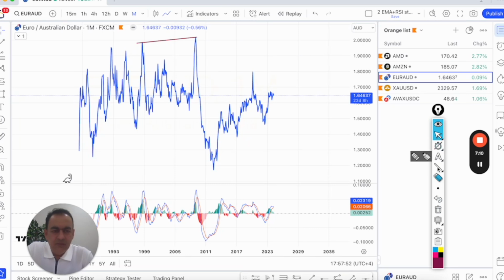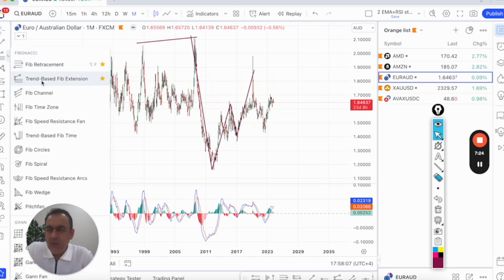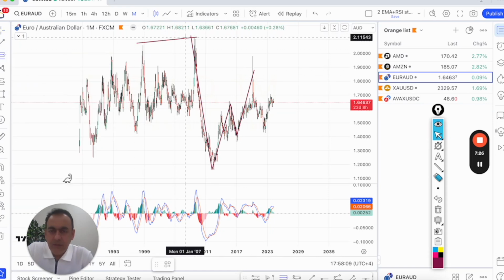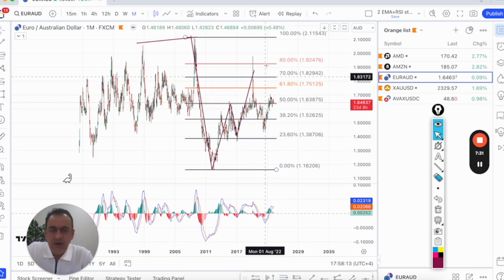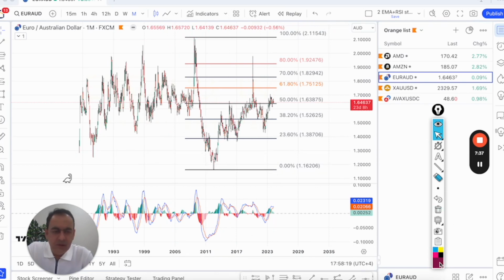After a massive crash, we can expect that if the market retraces, it usually goes back to a favorite fib level. So I'm going to plot a fib retracement starting from the highest and connecting to the lowest, and usually the market retraces back towards the 61, 70 or 80% level. And if you notice, this currency pair has gone back